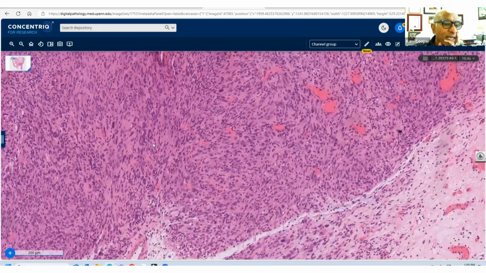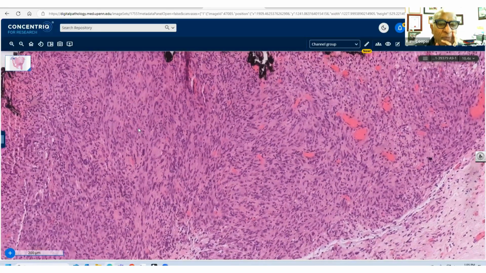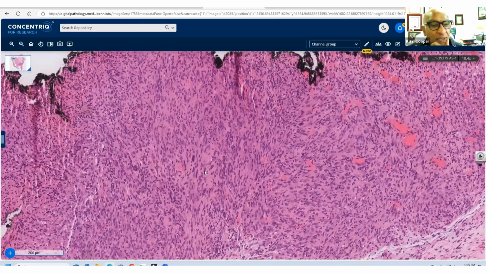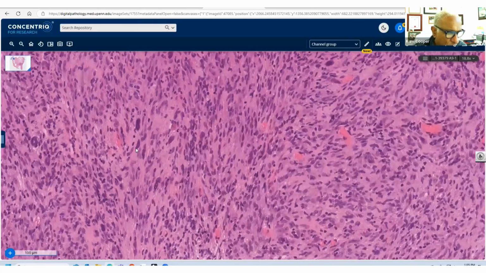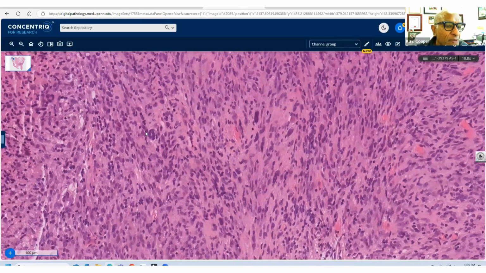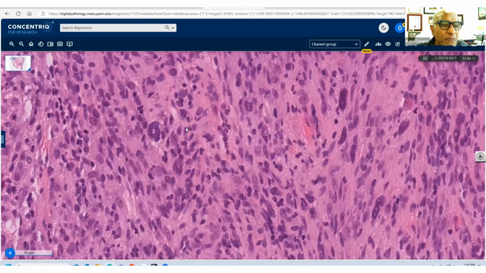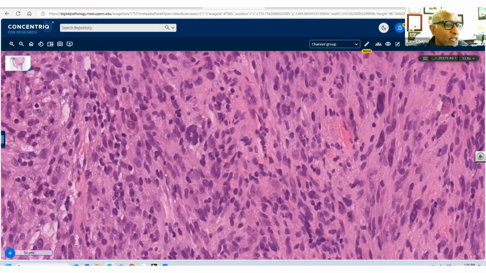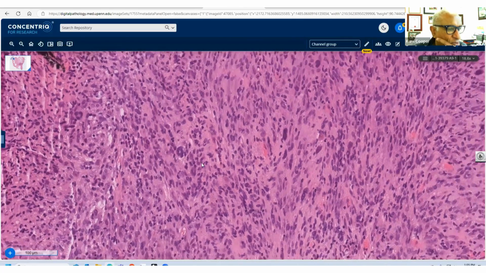And in it, you can see, again, these large pleomorphic hyperchromatic cells in between this background of spindle cells. Here we go. I'll just show you on high power. Almost like a donut-looking nucleus. Any thoughts? Please feel free to